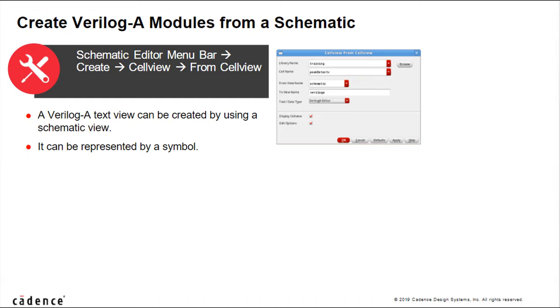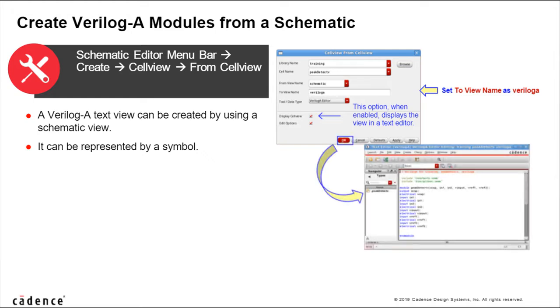Here you can see an example of how you can create a Verilog A text view from the schematic. You can specify Verilog A in the toView name. This name could be different; what matters is the data type, which is set to Verilog A editor. You can check the option to display cell view to see the contents of the Verilog text in the text editor. When you click OK, it opens the Verilog A text editor, wherein you can see the module and pin